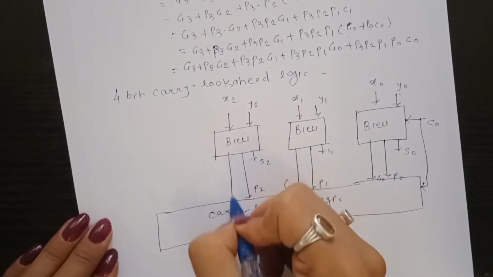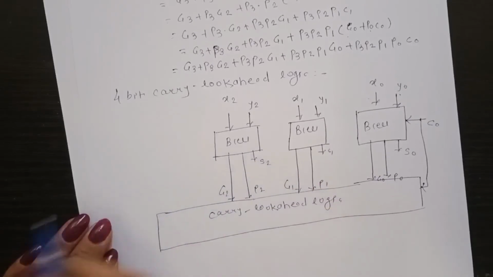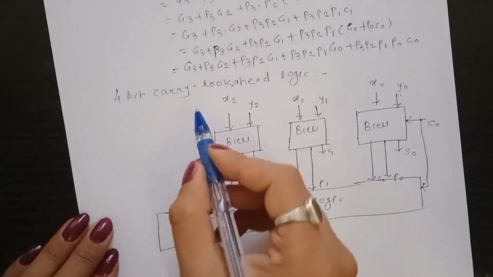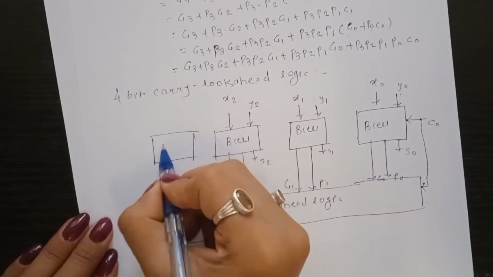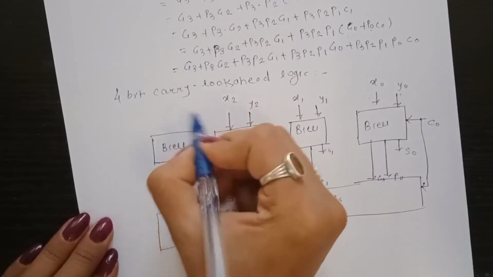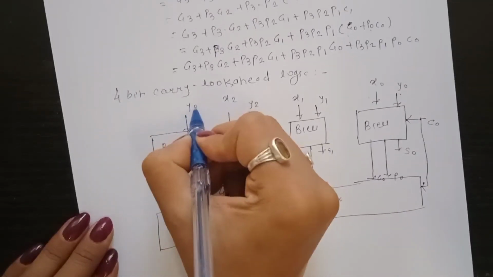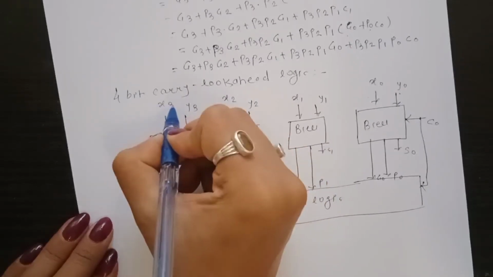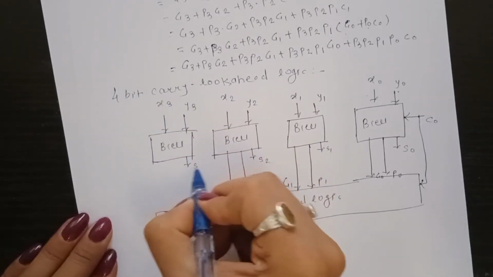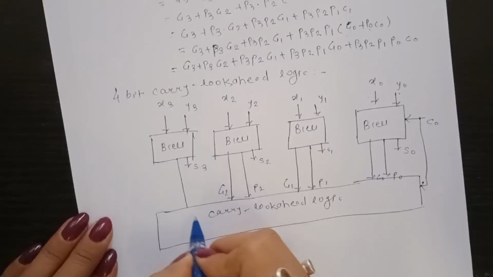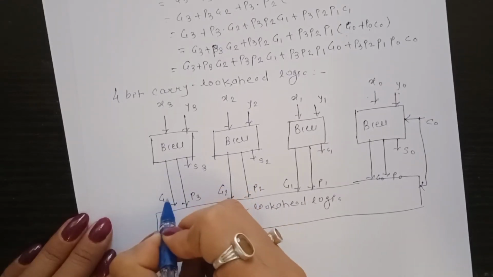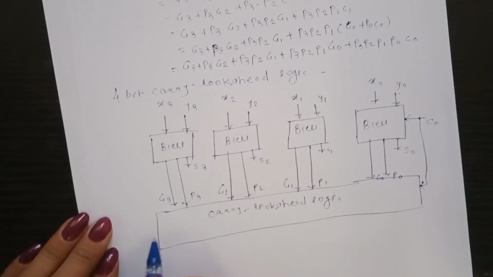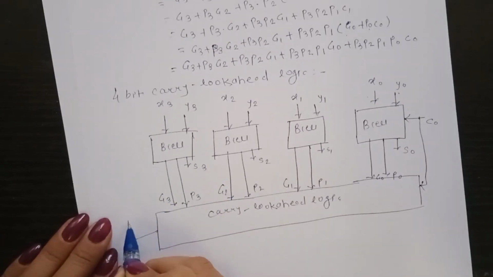Propagate function is P2 and generate function is G2. And the last block, B cell. Input is Y3 and X3. Here it is S3. Propagate function is P3 and generate function is G3, and our carry out is